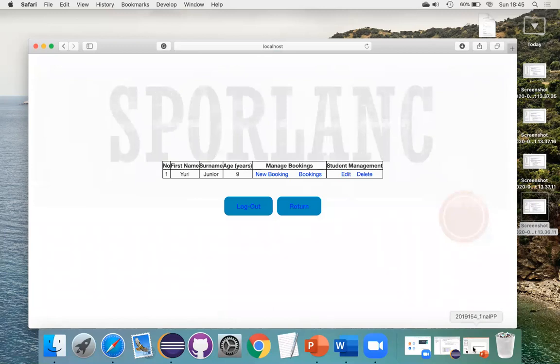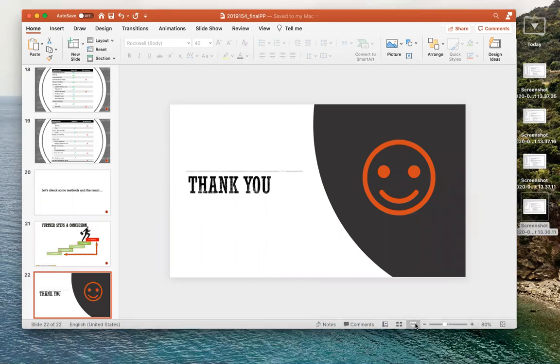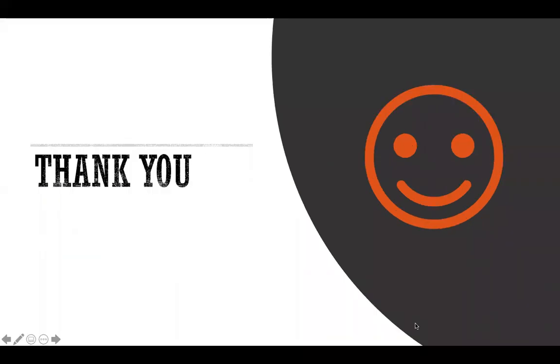Let's go finally to the presentation. Further steps: as you can see, this is the first version of my application. There are many things I would like to improve for the second version. This is my first web application using Java, and I learned a lot, and it was so great to see all the methods working, and I could see it in the front end. So I'm glad that I did it. Thank you all, CCT. I hope you liked the presentation, and I look forward to our questions and answers section.